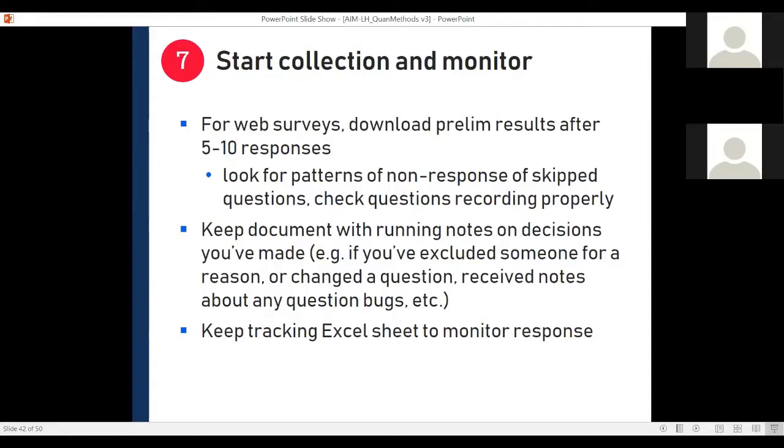I remember one time we had a survey and we kept getting, for some reason, people wouldn't select one option, and it came to find out, because a participant sent an email to let us know, that they actually, for some reason, could not click on that particular option. So it was helpful to know, and you can fix it early on versus when you're all done collecting.